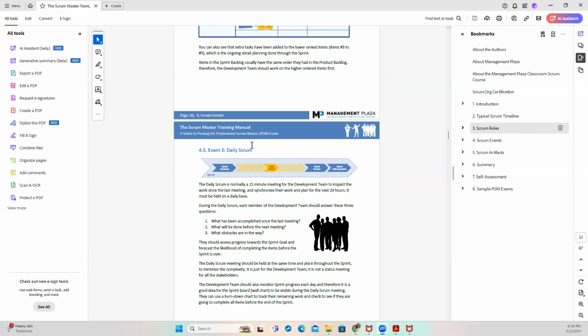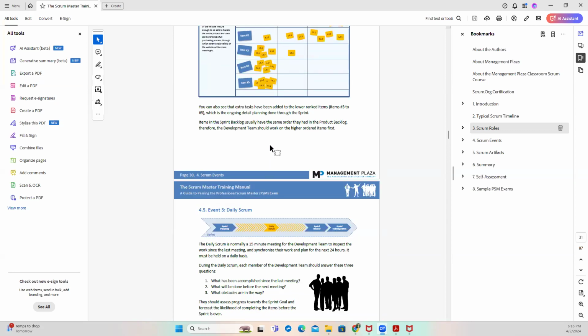So now we have the daily stand-up. That is a Scrum event that happens every day, just like the name says, daily stand-up, right? It happens every day, and the time box for that daily stand-up is 15 minutes. One thing that I omitted in the planning session is who can attend the sprint planning. The product owner, Scrum Master, development team members, shareholders, and sometimes the customers can also attend that sprint planning session.